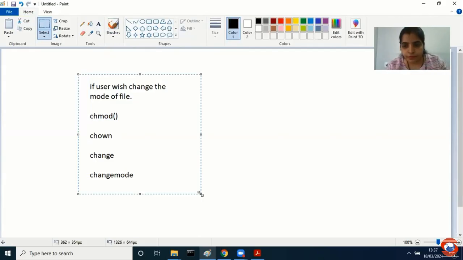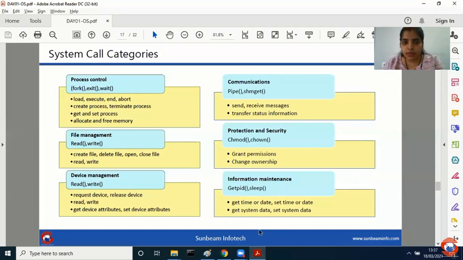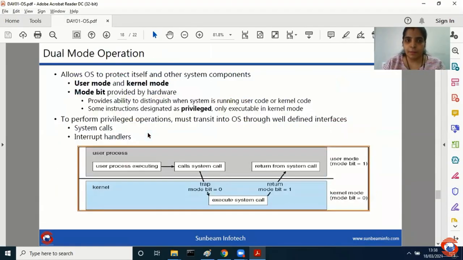समझ में आया? Have you understood up to this point what is system call and what are the categories of system call and how I have included this in the slide? This is the major category. These are the functions and these are the few examples. If you wish to explore more, then you can just type process control system calls in case of Windows. तो आपको पूरी list दिखेगी, कौन सा system call क्या काम करता है वो भी आपको detail में आएगा. Is it okay? But this is sufficient as far as the CCAT is concerned. Okay, let us go ahead.